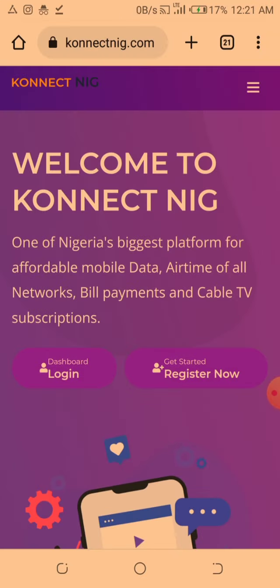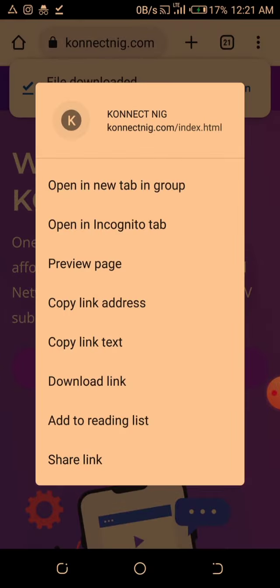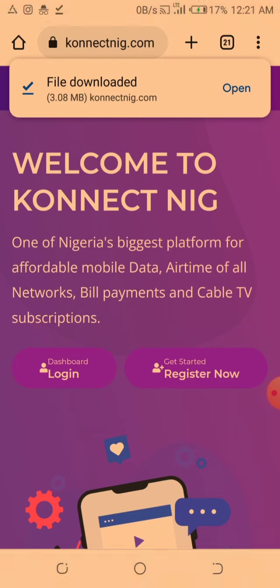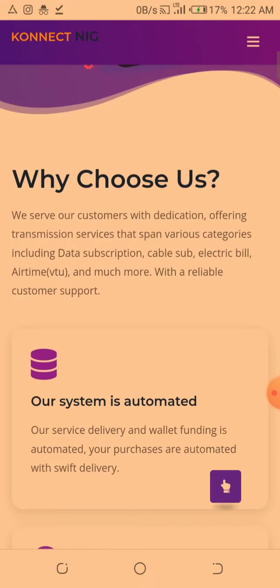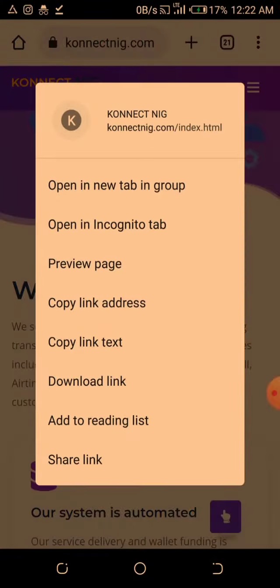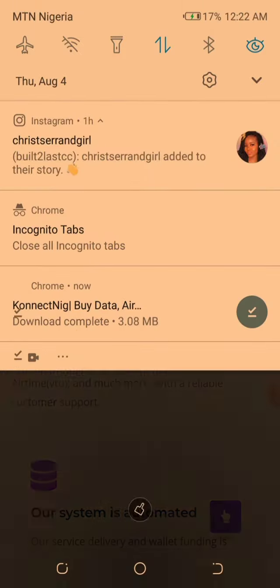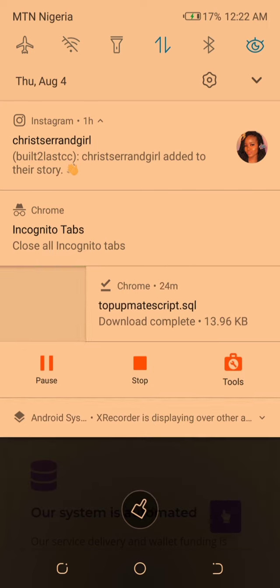Not download link, sorry. Just going to click on what is download. I can't even find download. Okay, I need to get the logo. If you want to change the logo, it's just simple. I'm trying to find a way I can actually get the logo. Let me see. Is it in PNG? No, it's not in PNG. To change the logo,